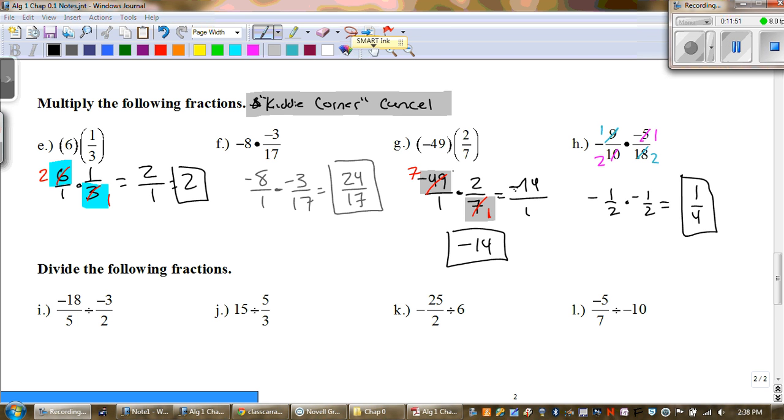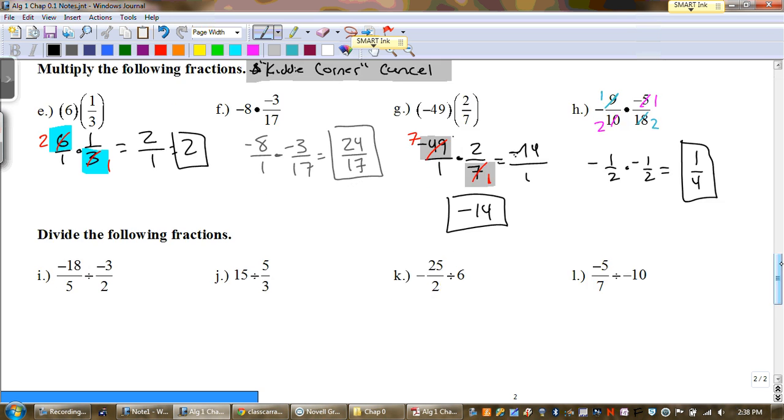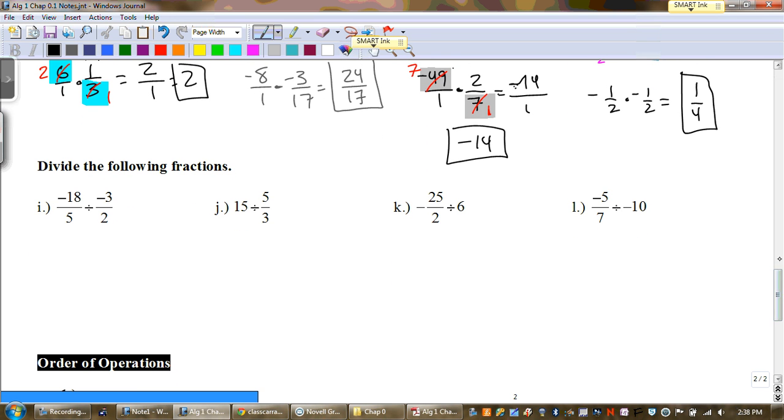Okay, and there's the work. 9 and 18, both of those can be reduced by 9. 5 and 10, both can be reduced by 5. And then all I did was rewrite it below that. Negative 1/2 times negative 1/2 equals positive 1/4. Okay? And now when we're dividing by fractions, when we divide by fractions, what you are really doing is multiplying by the